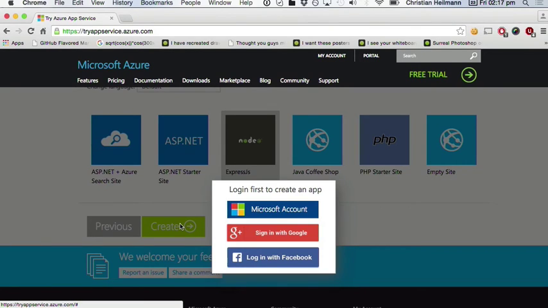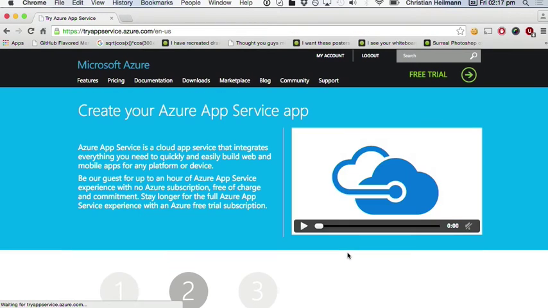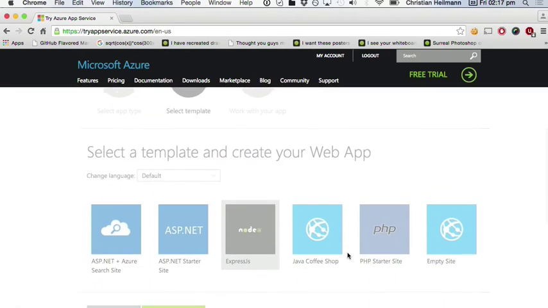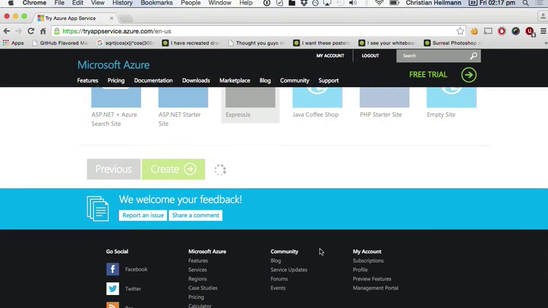We only do that so spammers don't create lots and lots of files and lots of servers. There's no billing going on, there's no recording going on. You can sign out again afterwards. You can log in with Facebook, Google, or Microsoft. In this case, let's sign in with Google. It's just my account here, and I sign in with it, and then I can select what kind of application I want. Now it's churning in the background and setting up a machine for me on Azure that I will have for 1 hour.